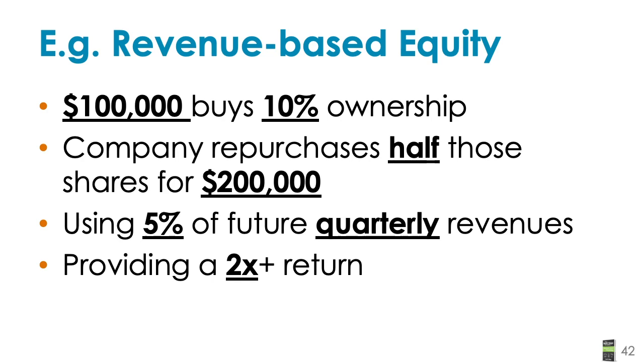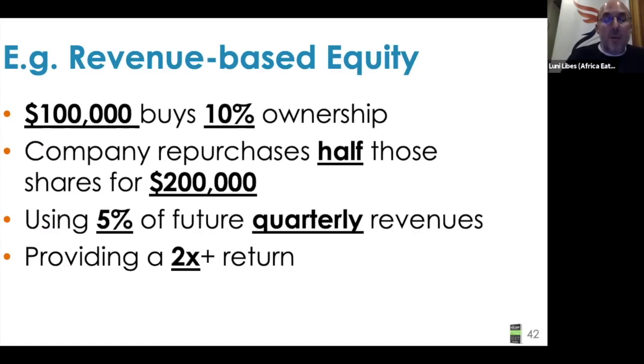So it has a max to it because it has a price per share and a number of shares. And this deal would return 2x and then some. Whereas if we did this as a loan, it would be 2x exactly. And the reason why there's an "and then some," a plus sign there, is because we still own half the shares. And so then my contracts would have provisions for what to do with the other half of the shares.